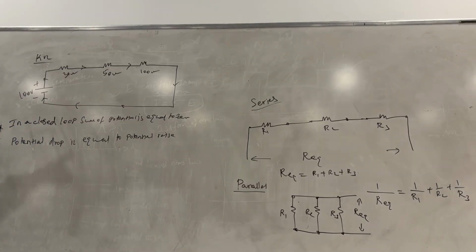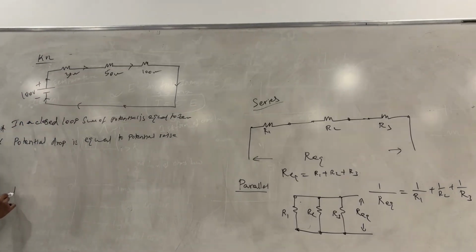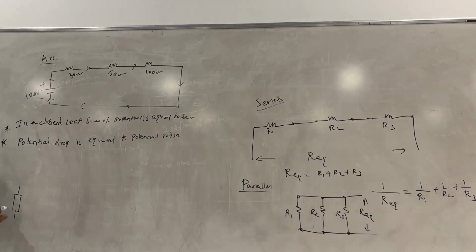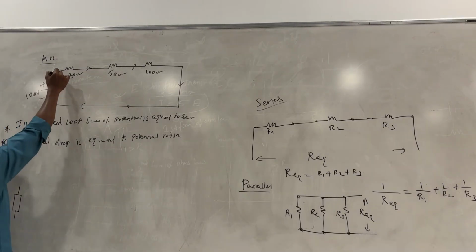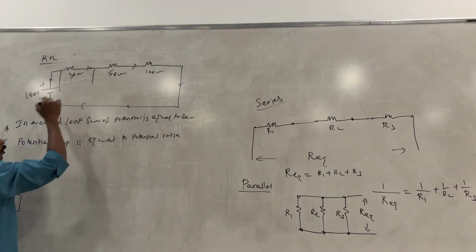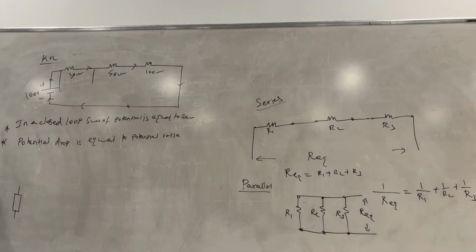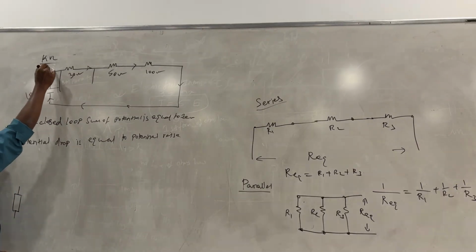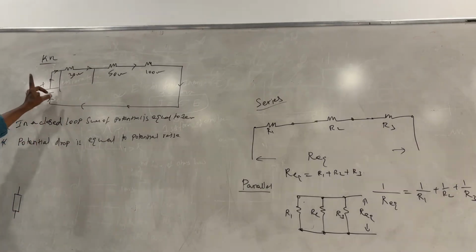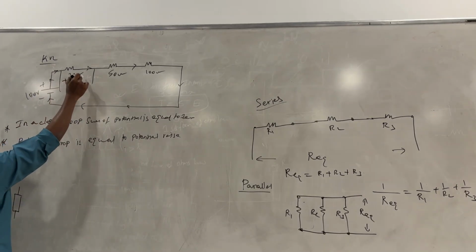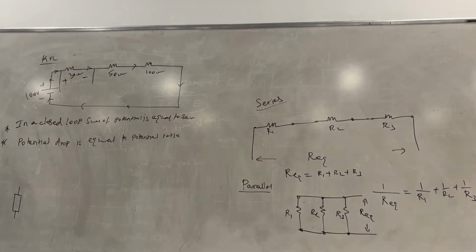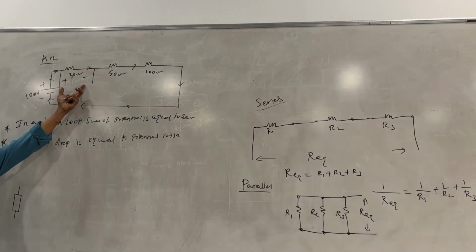And what is the polarity of absorbing power? In absorbing power, where will the current enter? Positive enters, leaving negative. So in between these 30 ohm there will be a potential and current is entering here. This is absorbing power. So the polarity of this voltage is positive minus. Any doubt? This is the voltage across 30 ohm.